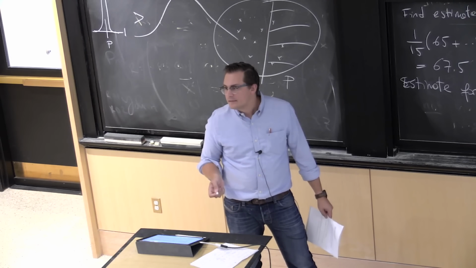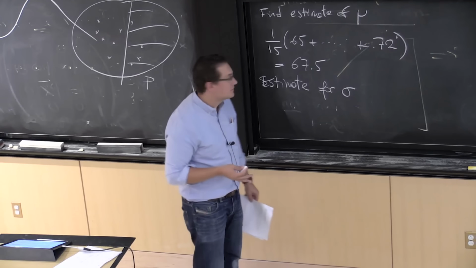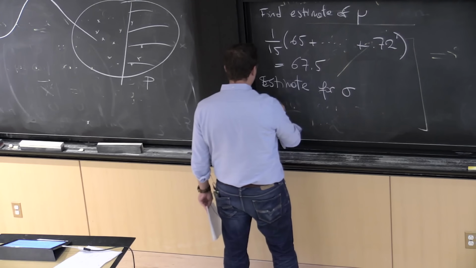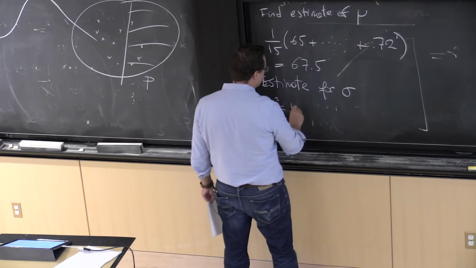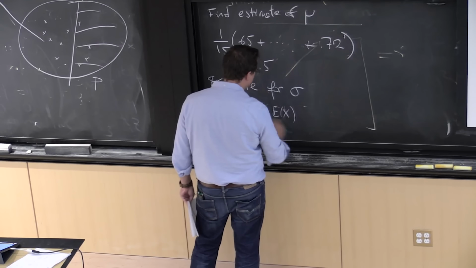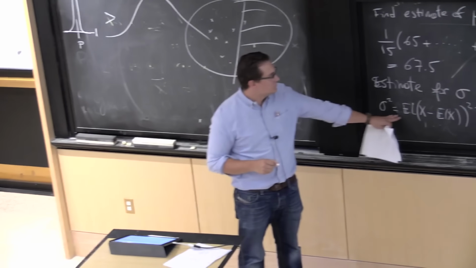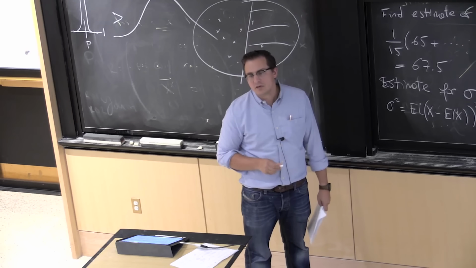You've seen that before, right? An estimate for sigma is what? An estimate for sigma, and we'll see methods to do this, but sigma squared is the variance, so it's the expectation of x minus expectation of x, squared. And the problem is that I don't know what those expectations are, and so I'm going to do what